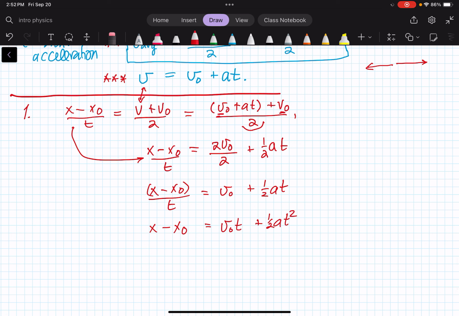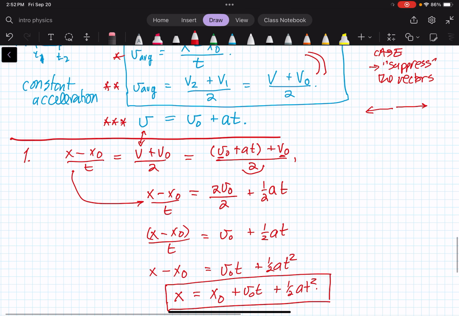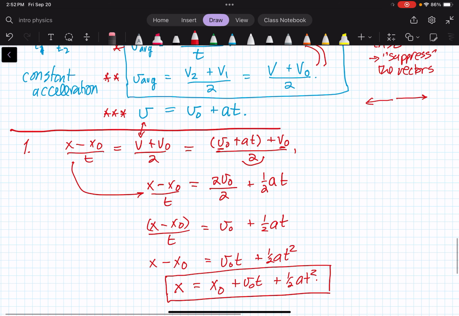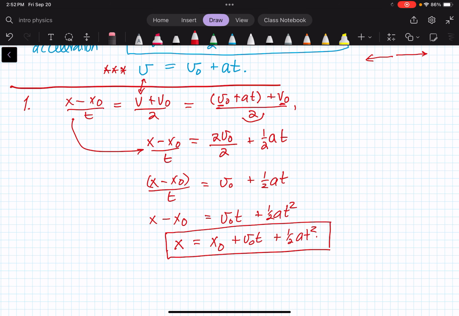And then if we add x naught to both sides, we get our first equation: x is equal to x naught plus v naught t plus 1/2 at squared. So all we did was we took those two equations, star and double star, equated them to each other, and then we used triple star, how v changes with time, to rewrite that second expression for the average velocity. And that's how we get really the thing that most people think of when we talk about the kinematic equation of motion